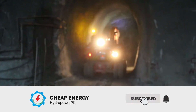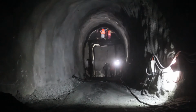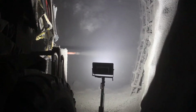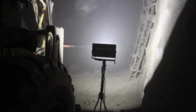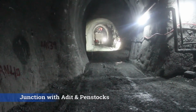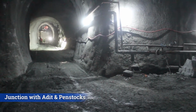Considering the geological conditions, the excavation diameter is 4.7 meters to 5.1 meters, and the horizontal section is horseshoe-shaped. The cross-sectional area is 27 square meters. The vertical shaft section is arranged in 3 steps, with a total depth of 643 meters. The flat tunnel section is divided into 4 sections, of which the 4th flat tunnel section is set with